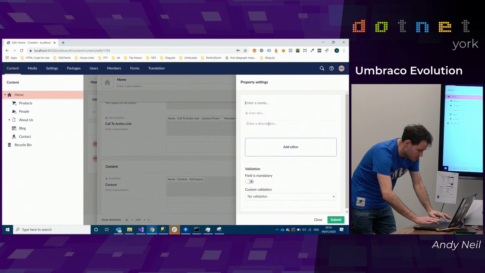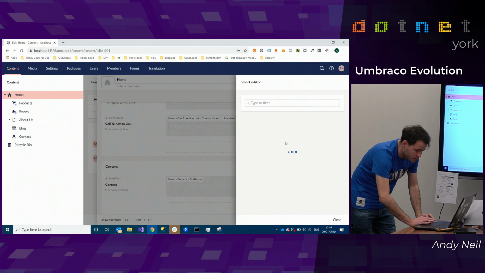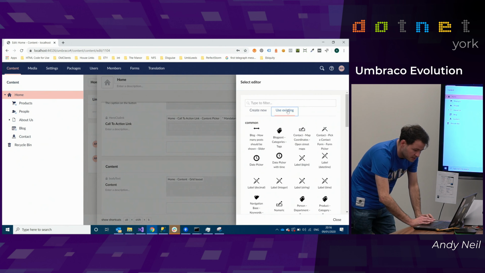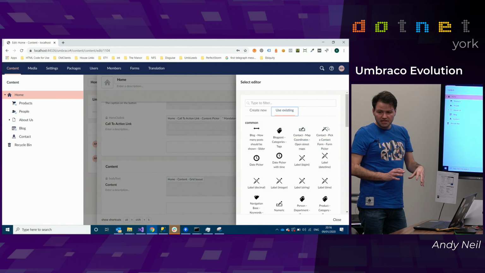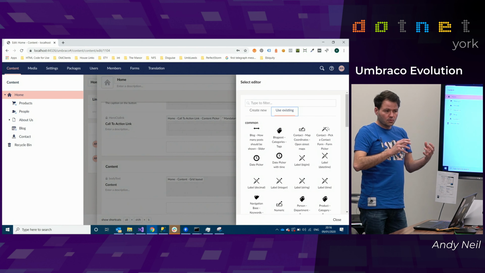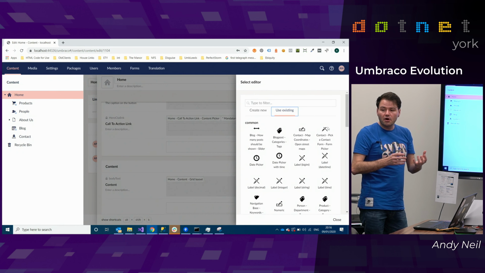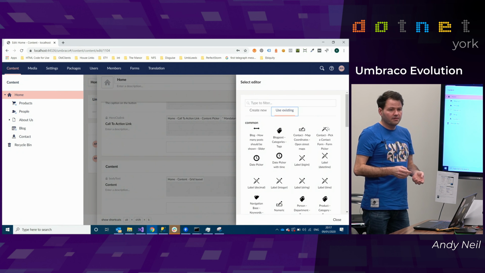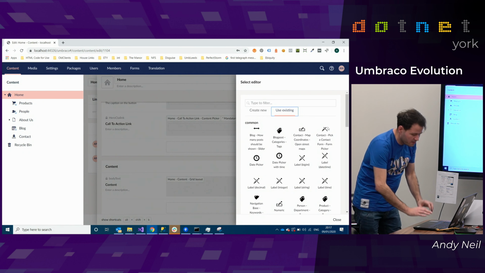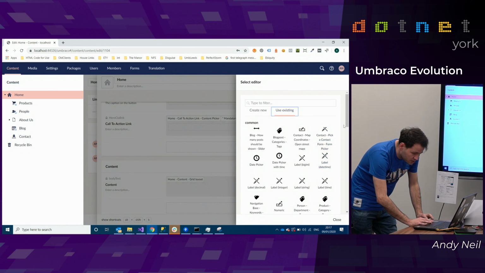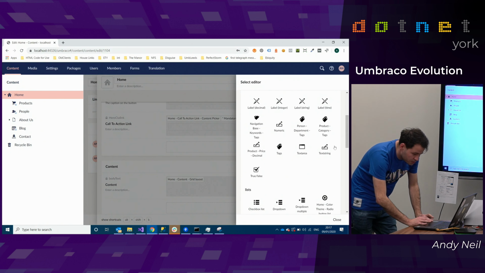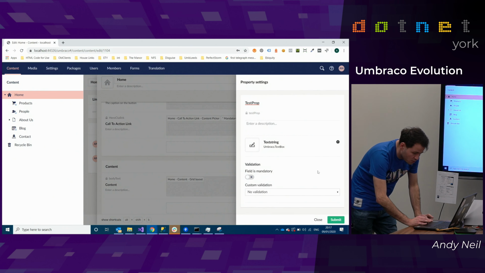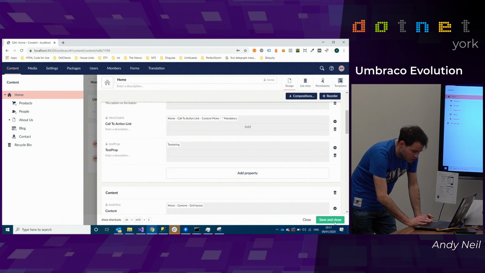So we'll just add a test property, and we'll use an existing data type. Data types are a whole thing. Data types are the things where I said before you can create different values on top of strings or whatever. So it might be that you want something that has 3 numbers or whatever else it's going to be. For this one we will just use a text string, because that's pretty straightforward. And we'll save our document type.